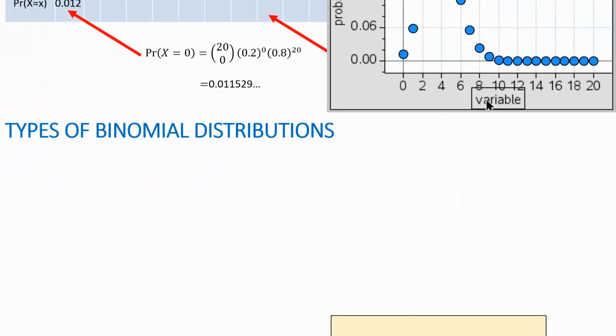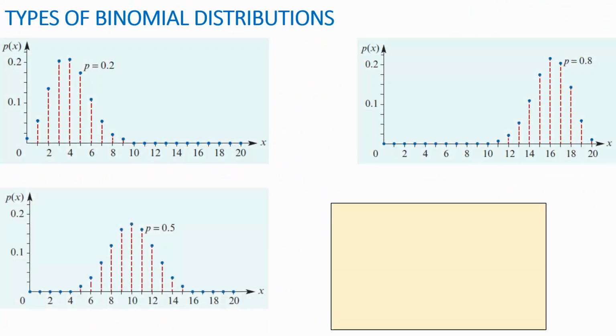What I wanted you to pay attention to is that these are your three graphs. When we said probability of success is 0.2, that's what it looks like on the left. When I say that my probability of success is 0.8, which is top right here, you can see that most of your data is skewed to the right. And then if I asked you probability of success is 0.5, it makes sense that you get this sort of nice